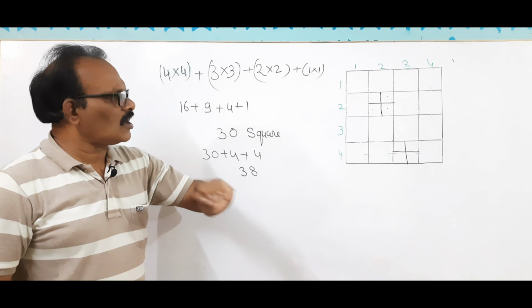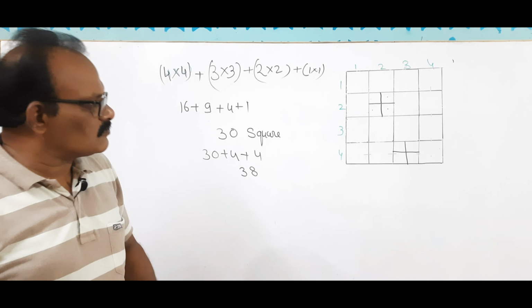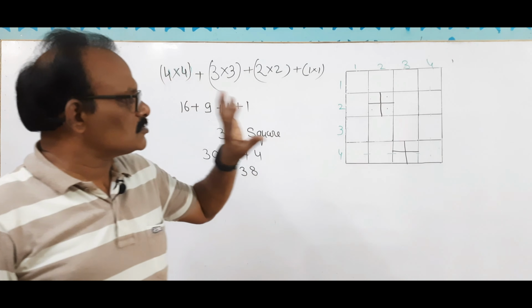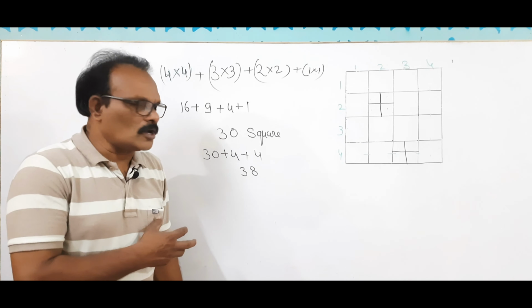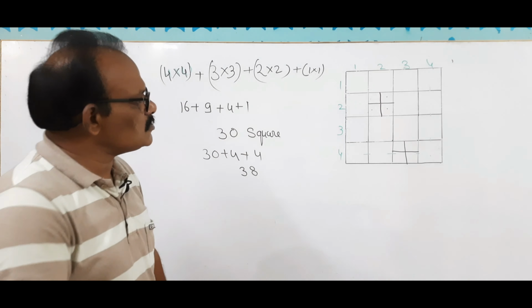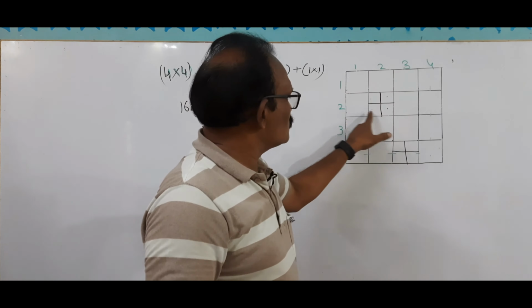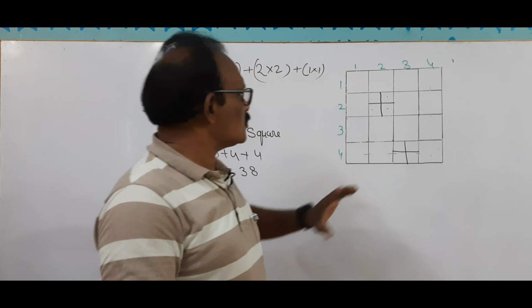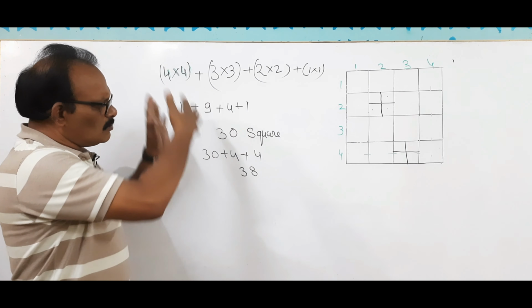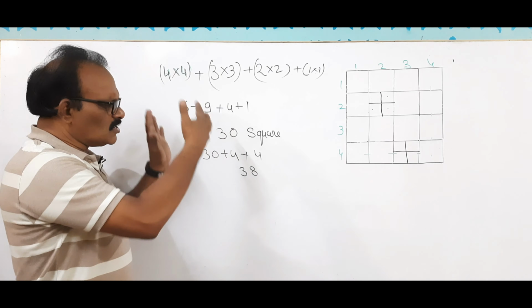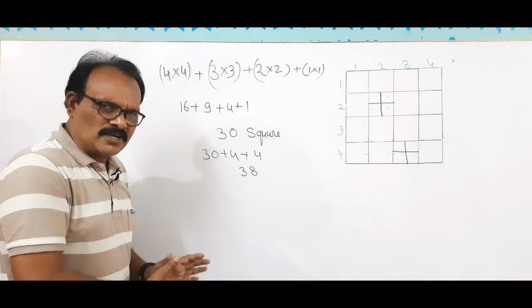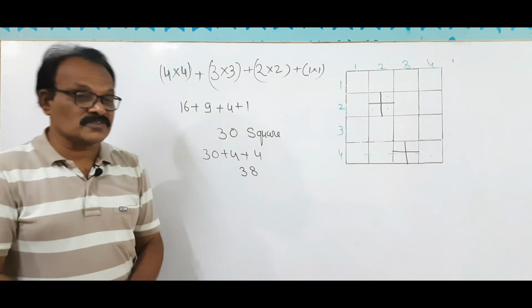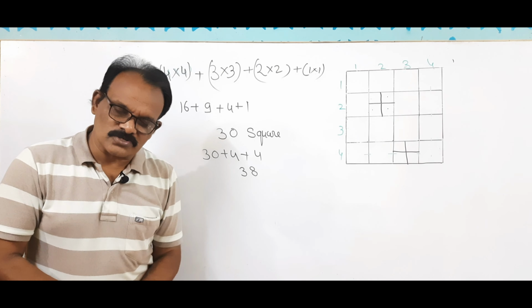See, a few squares are really hidden. What you see as visible is 1, 2, 3, 4, 16, and plus the big one is 17. So you see 17 squares overall, but inside there are many more squares. This is also a square, this is also a square, and the center one is also a square. This is the logic by which you can find them out. You never get confused if you do it like this. It is the easiest process to solve such sums. Isn't it clear?